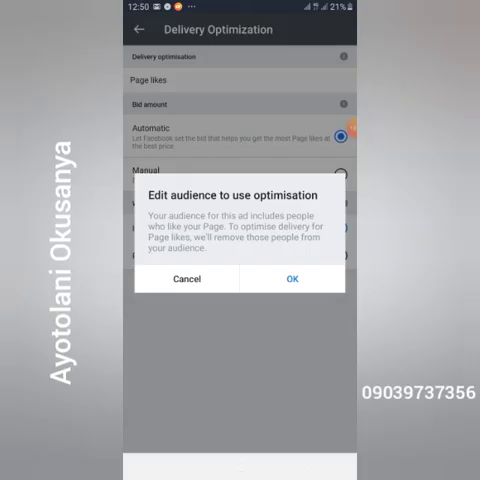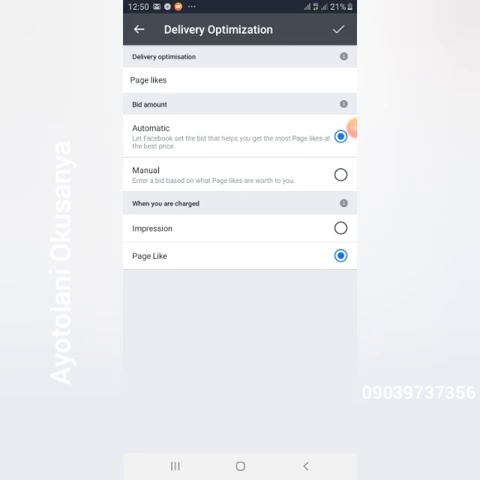That is, it is only when people like your page. Do you understand now? That is when you want to pay for every person that likes your page. But Facebook might actually charge you maybe just 1 naira or 2 naira per page like. Do you understand? So if someone likes your page, they can